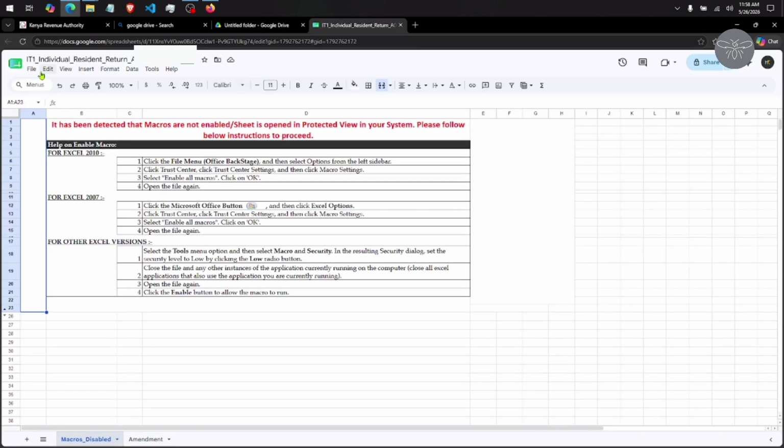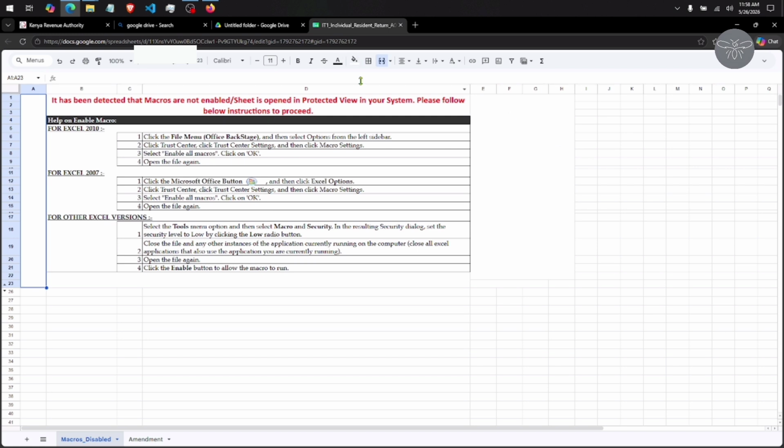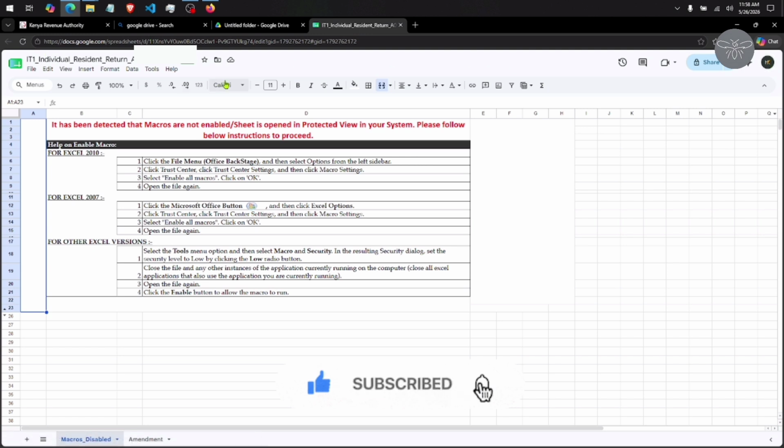Now, if your tab doesn't look like this, probably it looks like this. So if you want to enable the menu, you just need to select this drop down icon, and then it will list all these options. Okay, we need to convert this XLS file to a Google Sheets file, because we cannot enable macros in